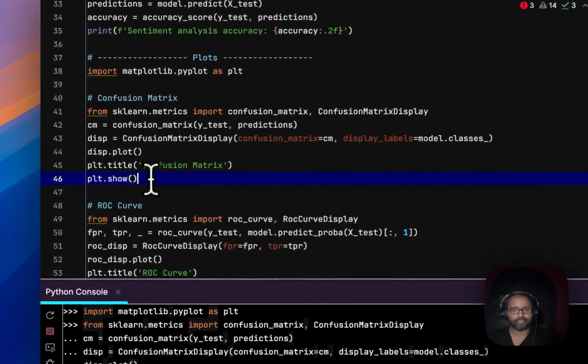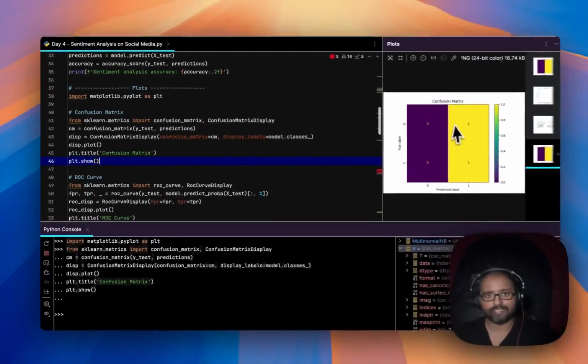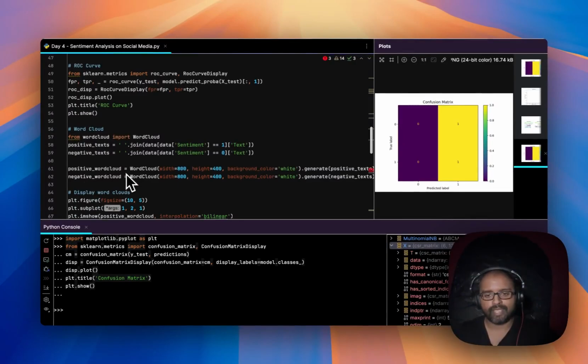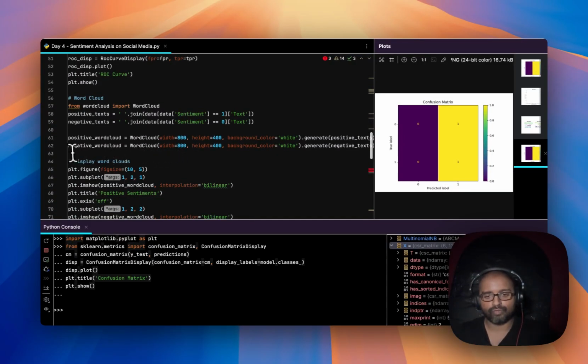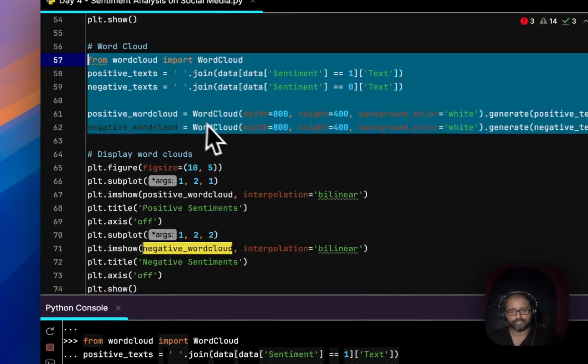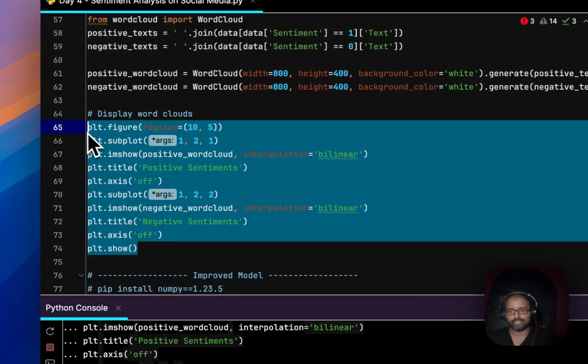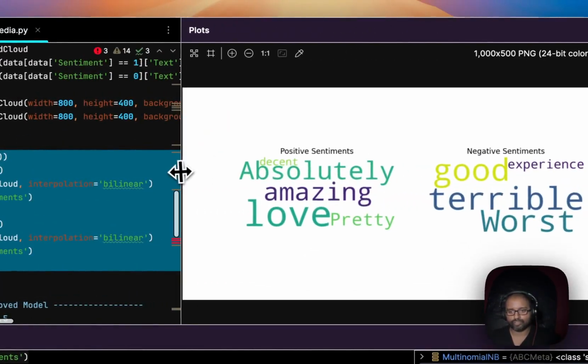For the confusion matrix, I'd recommend looking at yesterday's video, which has a bit more information on the classifier. And we can also look at the word cloud as well. So we can do this, and let's print this out. So this is really good if you want to show your stakeholders what were the positive sentiments and what